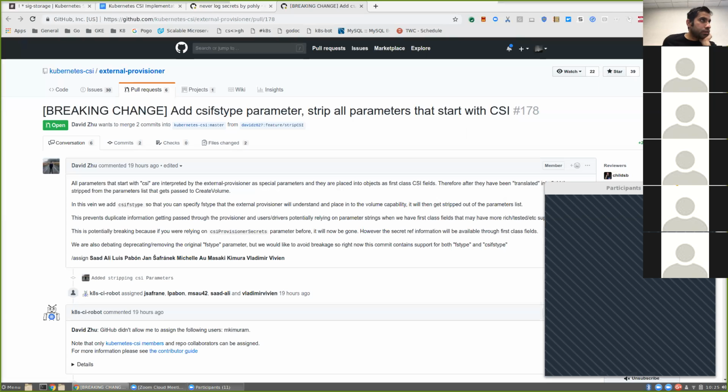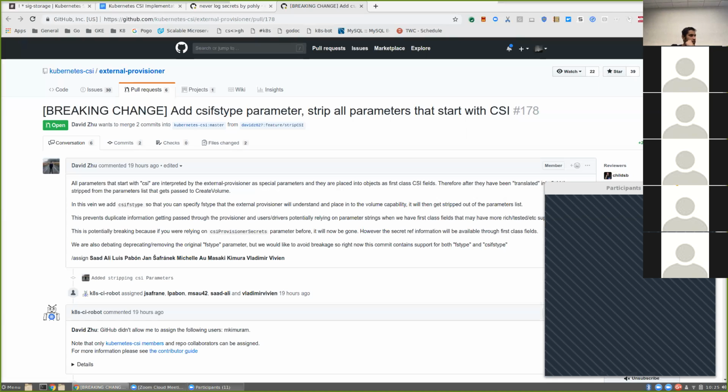We're breaking something here. This is changing things. Yeah, I guess if we do it in the backwards compatible way, which is proposed, we could do it in a future release of the sidecar containers. Yeah. But essentially, what that means is that the existing behavior will have to continue indefinitely forever. Yeah. This is what this PR was doing anyway, right? In a way. No, this PR was going to actually break the existing behavior to stop passing in anything prefixed with CSI.